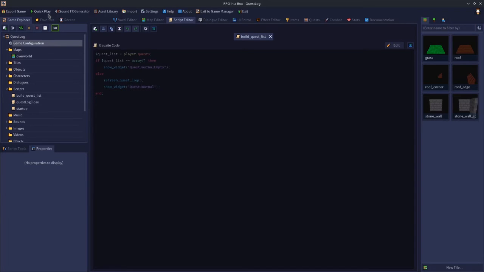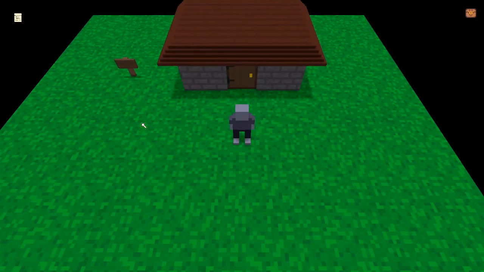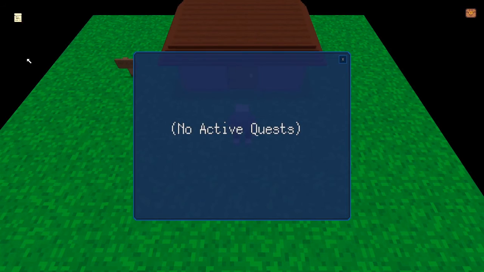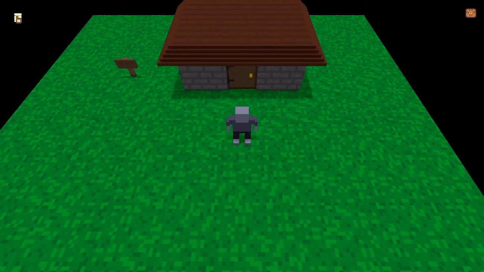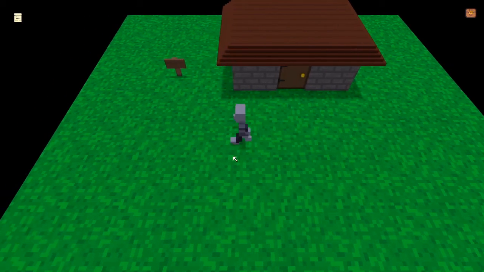This should already be working to a degree now. So if we click this button, it should start by showing no active quests, because that quest array on the player quests property is an empty array. So we have no active quests. Let's go click on this sign